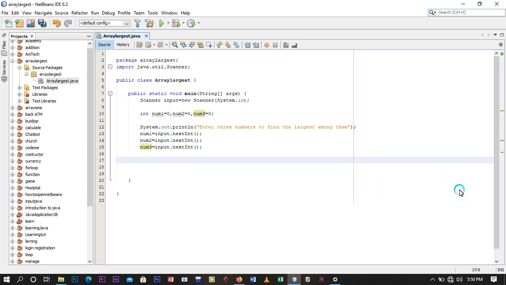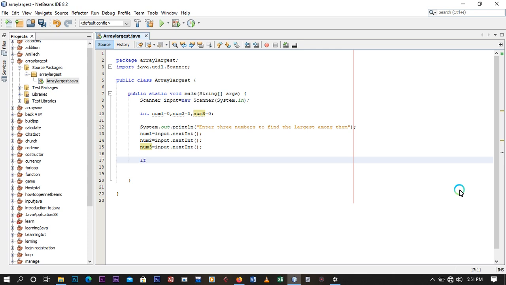Remember, we talked much about the if statement. So right now we are going to use the conditional statement, that's the if statement. This is the important part. This is where we are going to tell the program how to operate, how to perform the task. Remember, our question said that the user should input 3 numbers and the system should print out, telling the user, the number you entered, this is the largest among them. So you can do this by using the if statement.